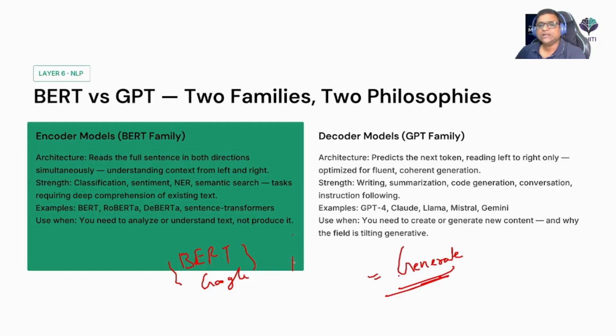Whereas GPT works differently. GPT predicts the next word, technically the next token. That is why GPT is excellent at writing, summarizing, answering, coding, and conversation, etc. So in ShopSphere, if you want to generate a polite reply to a customer complaint saying that, hey, sorry for the delay, we will work on it and you will receive it as soon as possible,